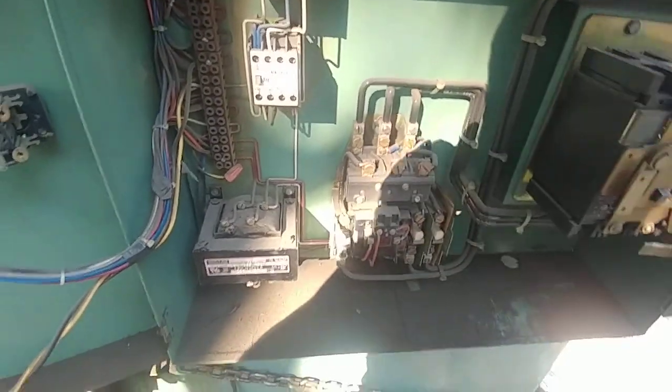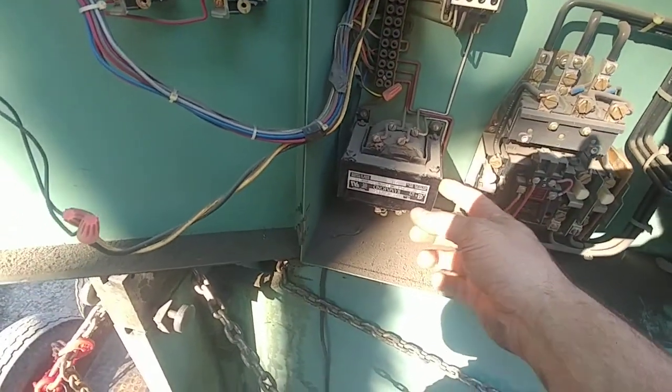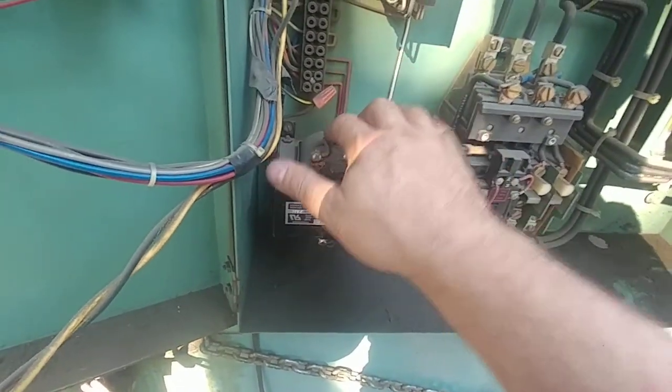So you can see this comes into here, that goes out to there. And then you got some really small wires that are running into this transformer. Again, I'm pretty sure, well, actually, yeah, 240 volt versus 480. So I can run 240 into the top of this. So I can disconnect this transformer, run me a pigtail in here, and basically run 240 to this. And all of my controls should work correctly. They should work the way it worked before,